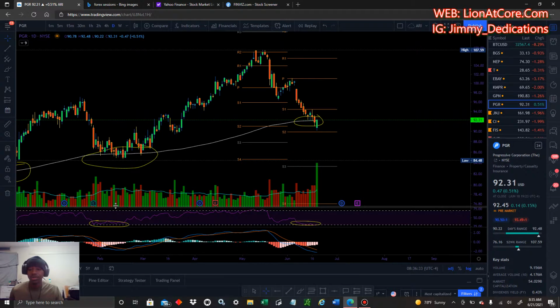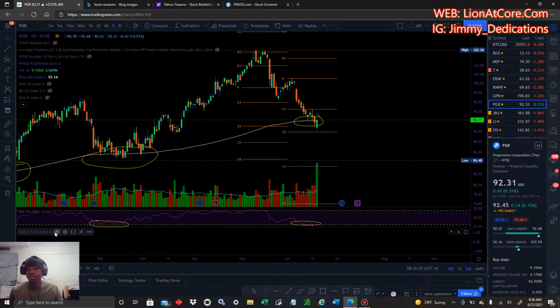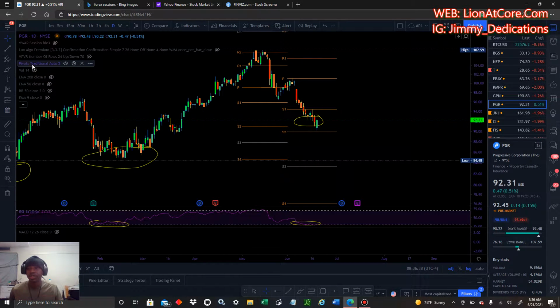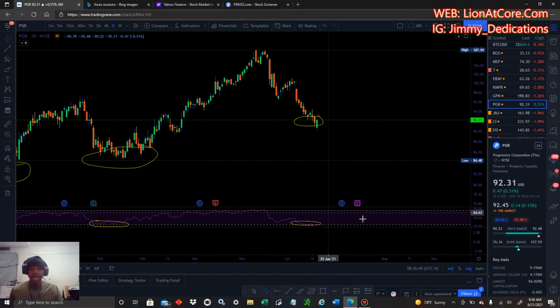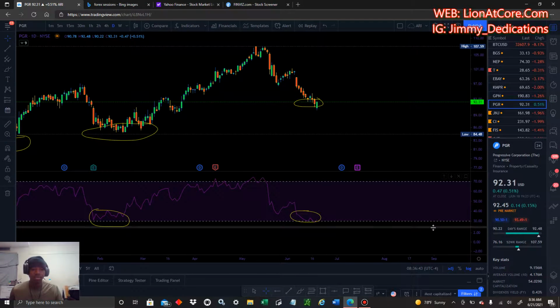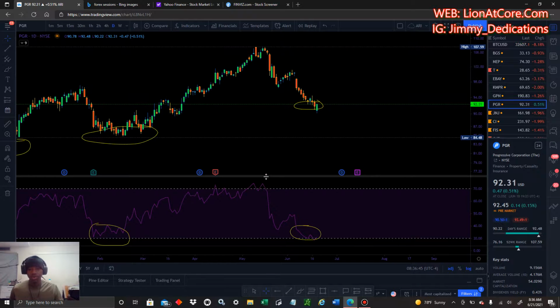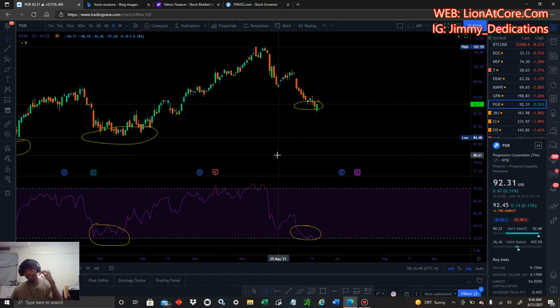Now we got this. We're gonna turn one of these off because I want it to be simple. And we're gonna turn the rest off so we can focus on one thing. So now we have this purple rectangle. This rectangle tells you if price is being sold too fast or bought too fast. When a lot of people sell something so fast, it becomes cheap. That's low demand. Hopefully that's right. Nobody wants it, low demand. So when something loses value so fast,